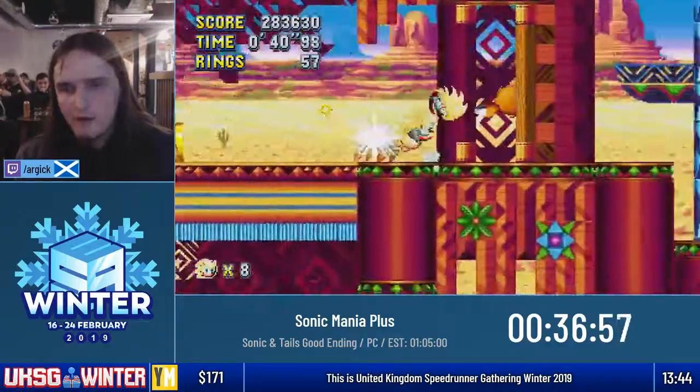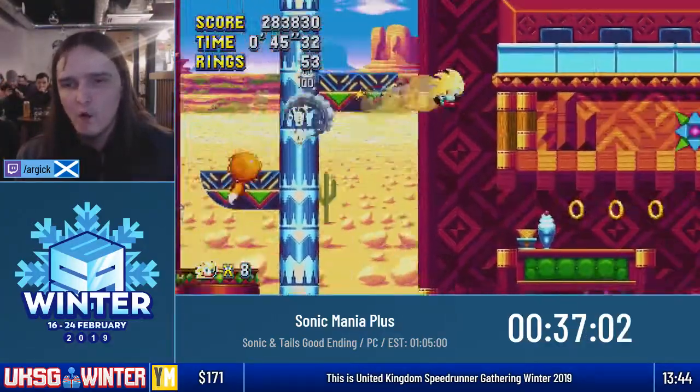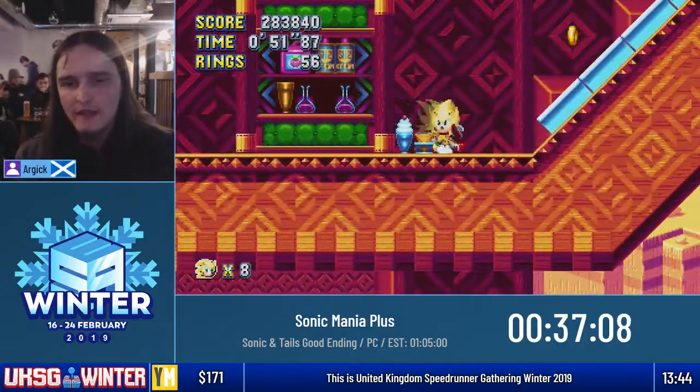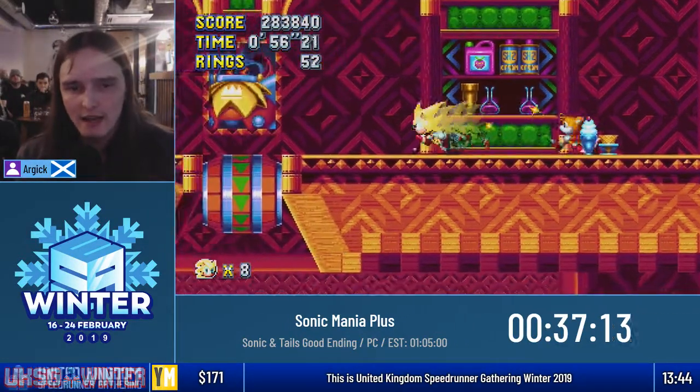Aw, Tails, you were trying to help, buddy. I love you. No, don't fall down. Jump too early, so I hit the side of the wall there. Oh, wow, I can't actually make that jump. There you go. Right, Tails, buddy, we need you, please. So we need Tails to respawn. We're going to get Tails to finish the level for me. The downside is I don't actually have...